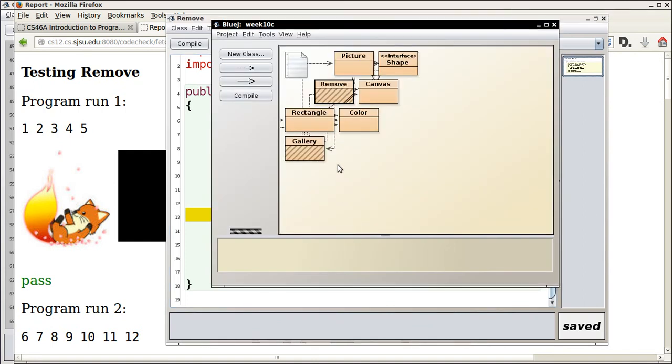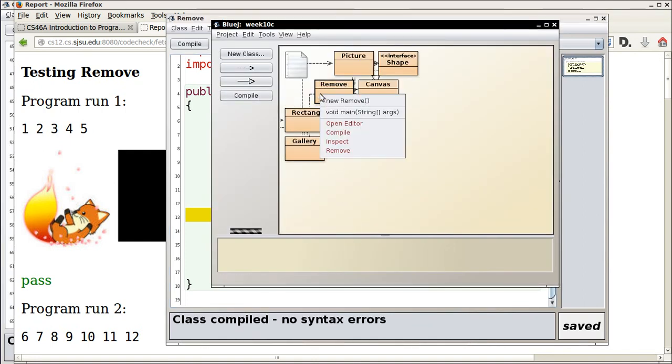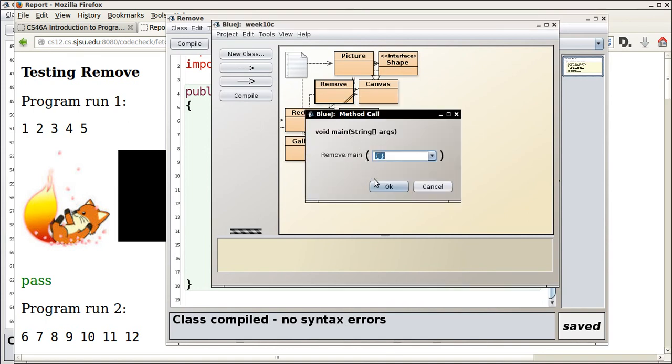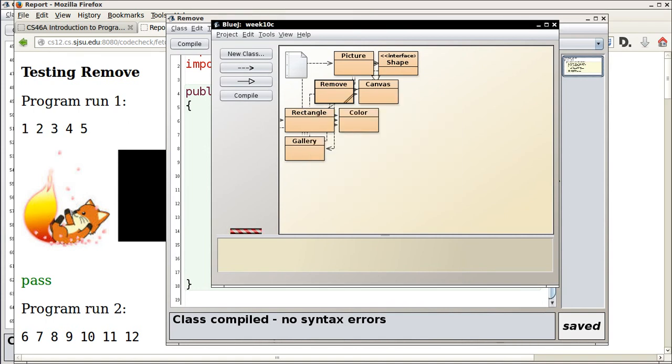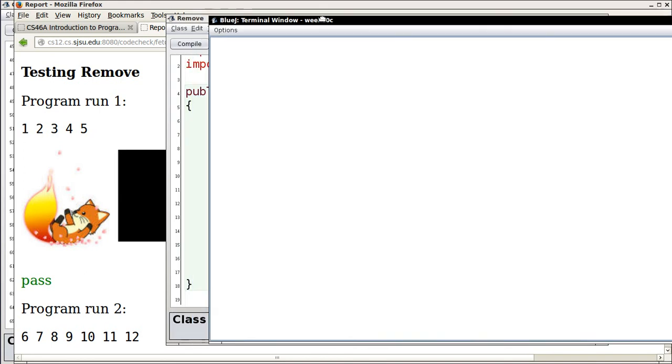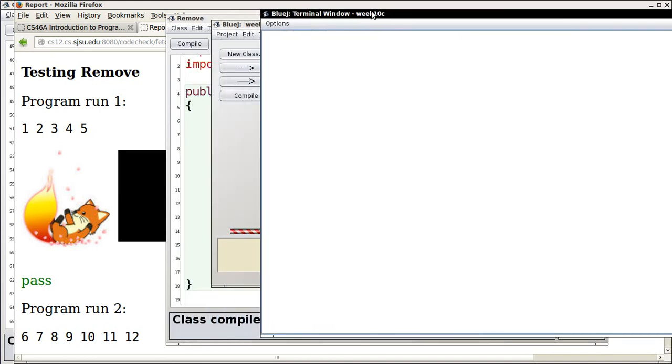Now when we run this program, what's a little disappointing with BlueJ is exactly this. You don't see what's now happening. It looks like the program died. So when you go and see the terminal window, here it comes, that's the window where you can actually enter some stuff. So now let's enter 1,